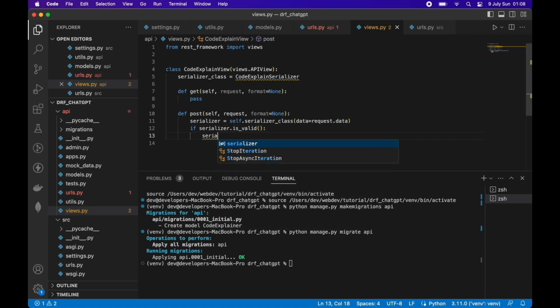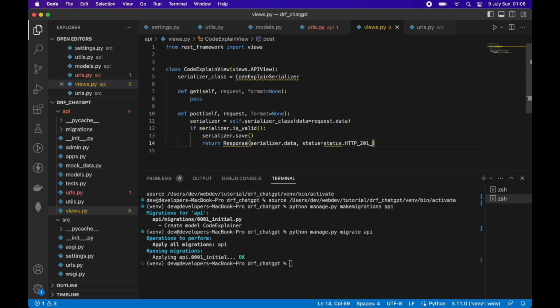If the serializer is valid, we'll be saving the object and returning a response to the client with the serialized data, and the status will be HTTP 201, which